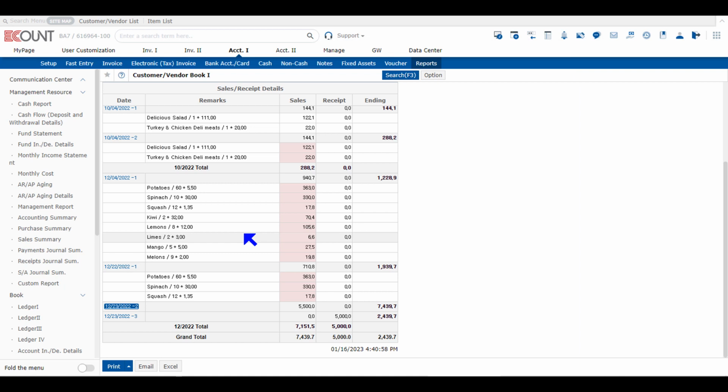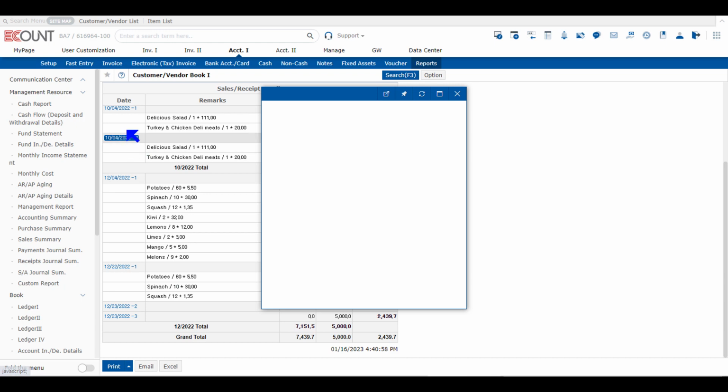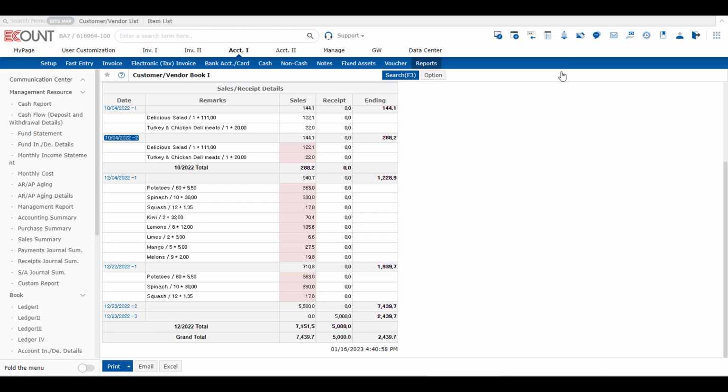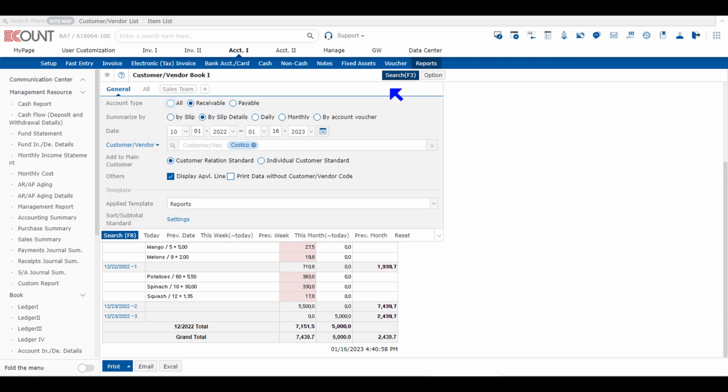Also, the data shaded in red are inventory sales that have not been reflected on the accounting module yet, which means pre-invoicing status. Moving on, we will discuss the search conditions in detail. If you click Search button, you can see Summarize by field. The current setting is by slip details, which displays data by each slip and also displays transaction details in Remarks field. If you select By Slip option and search,